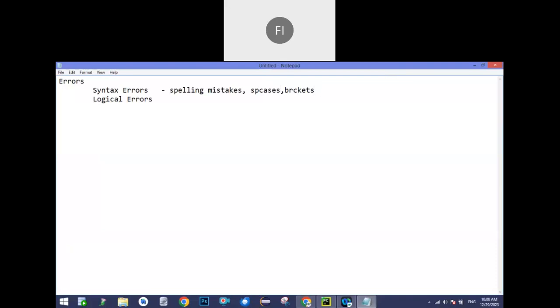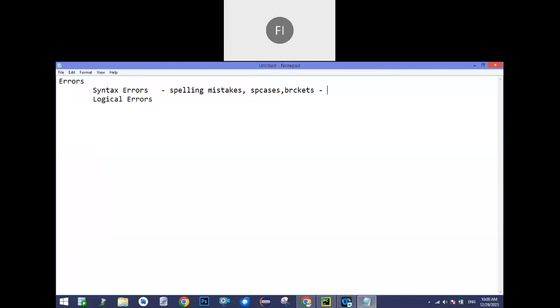Also, these will be known at the time of translation only. While you are typing the code, the compiler or the interpreter translates it. If you go for Python, we are using an interpreter, right? Because it's an interpreter-based language, it won't wait till execution. While interpreting from high level to low level, it will raise these errors.